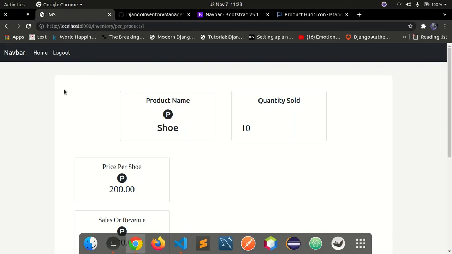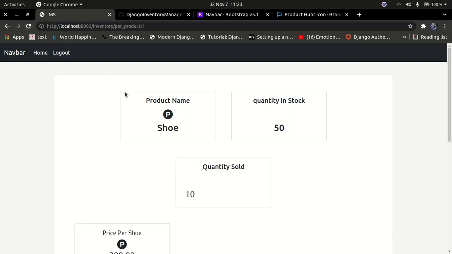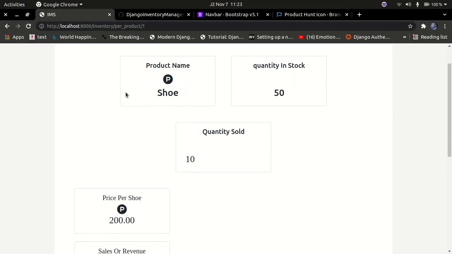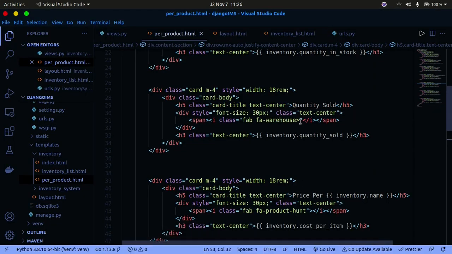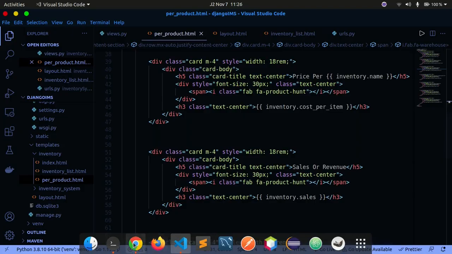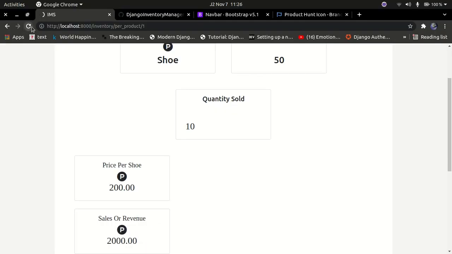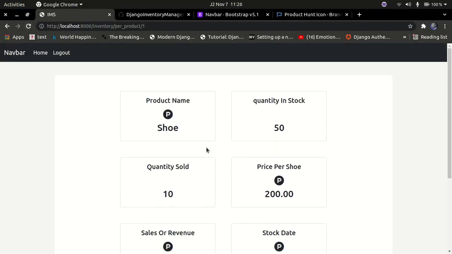Just select that and then save that. So let's try again to refresh this, and you can see it's still being misplaced. So let's try to figure out what the error is. Okay, I think there is one more error that I found, and this is the error here. We forgot to close this, a bit tricky to find, but just save that, and I hope that solves all our errors. So I'm just going to refresh, and yeah, that solves all our errors,